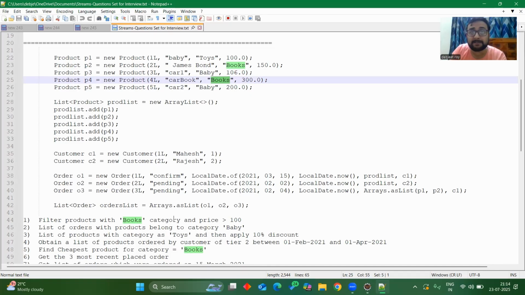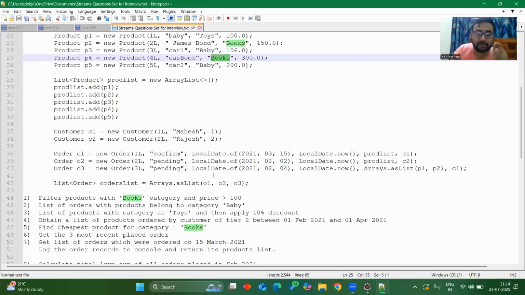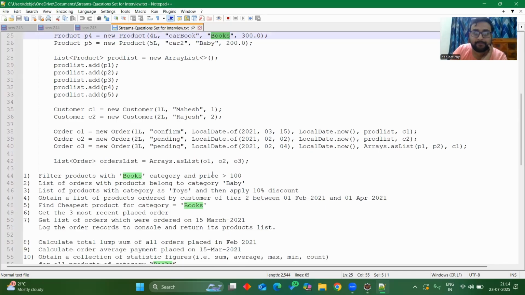If I filter based upon books category, 2 records will be printed, P2 and P4, and with price greater than 100 I want. So both products are having price greater than 100, so both P2 and P4 will be my output. Okay, I hope this one is simple for you, right? Then list of orders with products